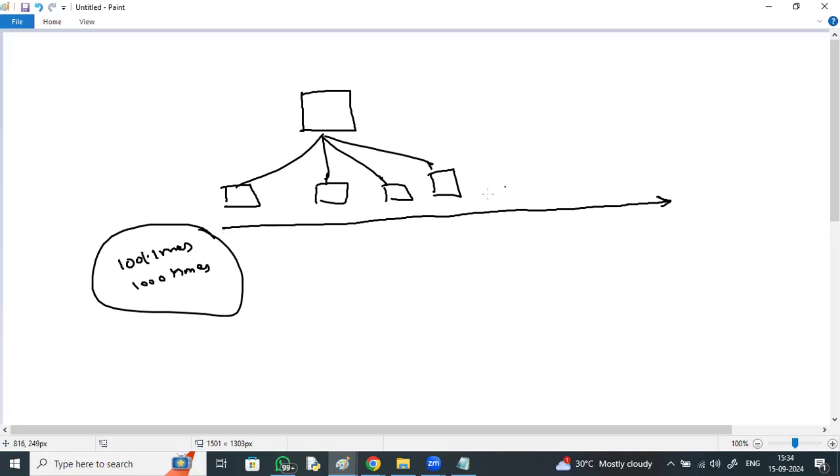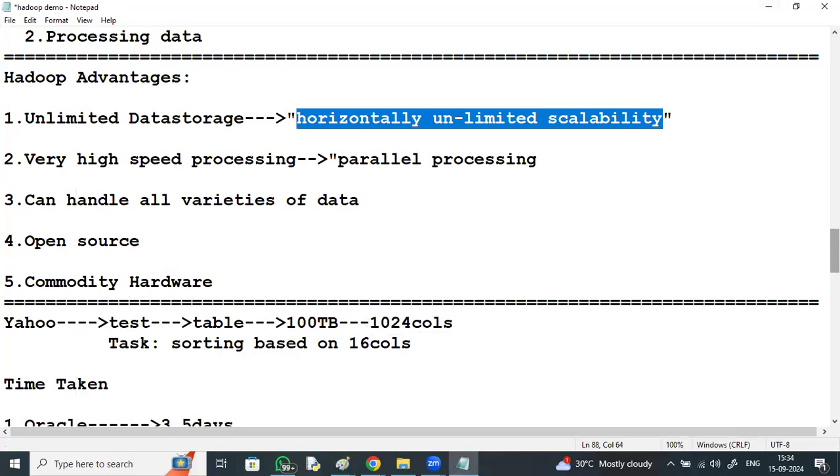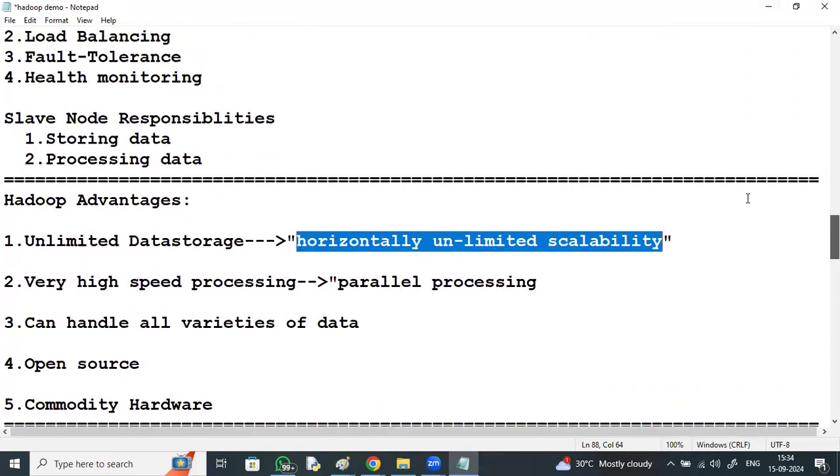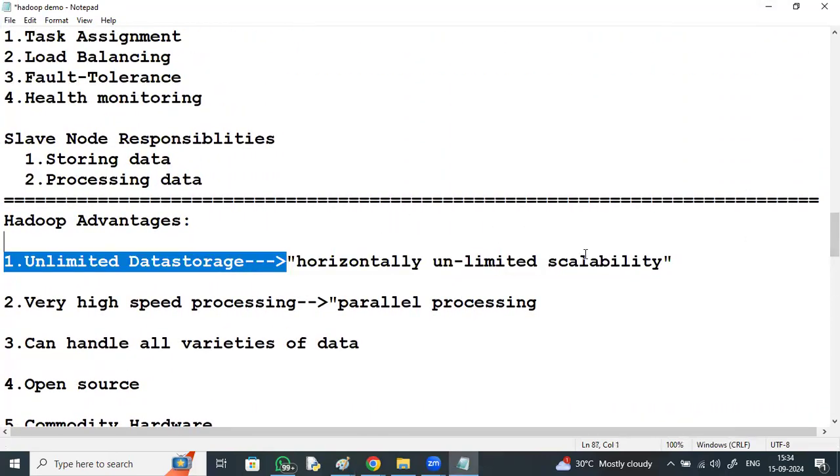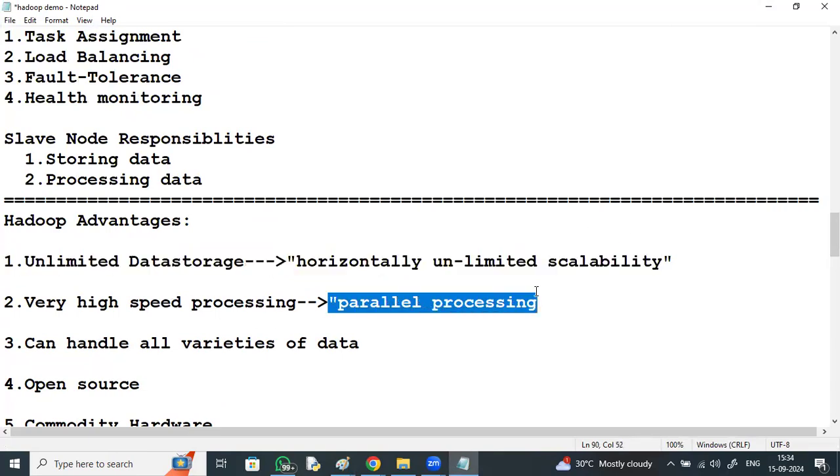Horizontally unlimited scalability. Very high speed processing because of parallel processing.